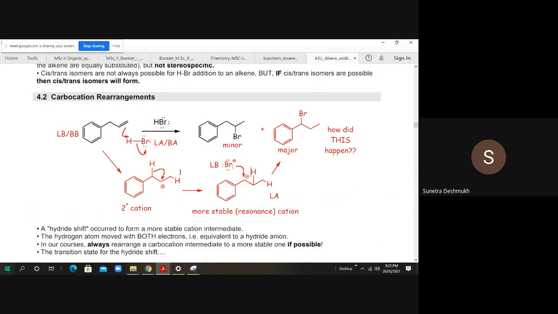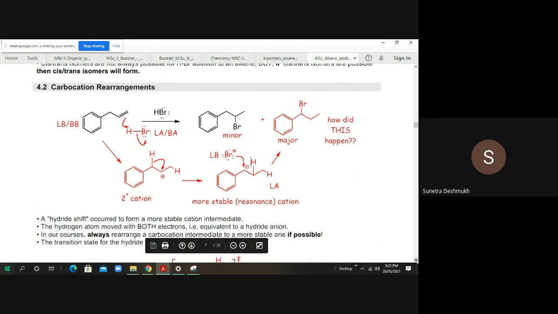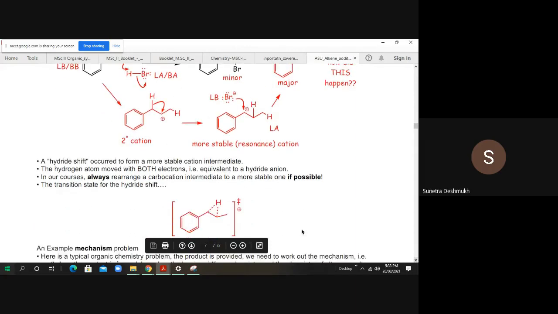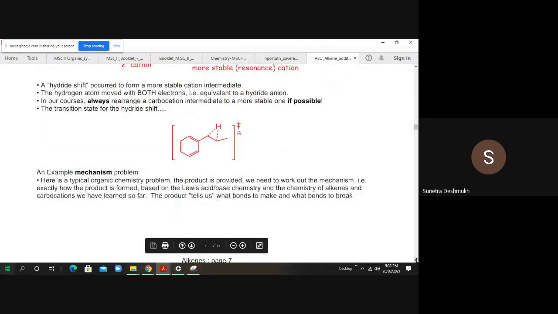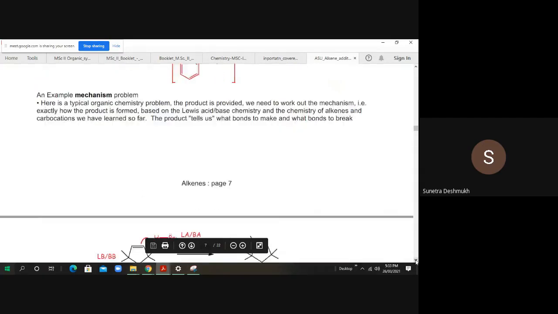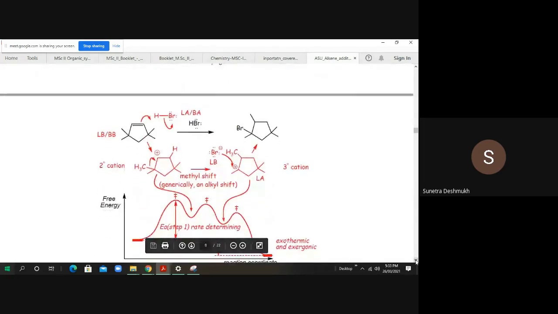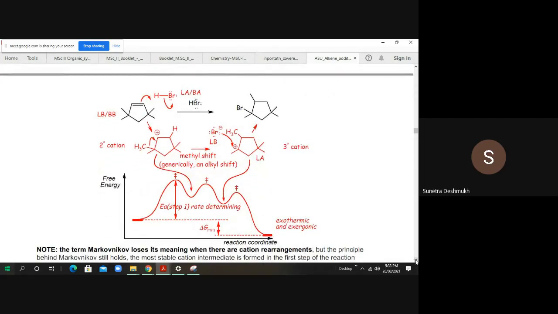And from the other secondary carbocation we will get this product, which is the minor product. So this is how carbocation rearrangement occurs, leading to the formation of different products. Here I have shown how the hydride shift occurs, how the intermediate is forming, and why the hydride shift occurs. All these basic things we should know before going on to study the exact stereochemistry of the product.